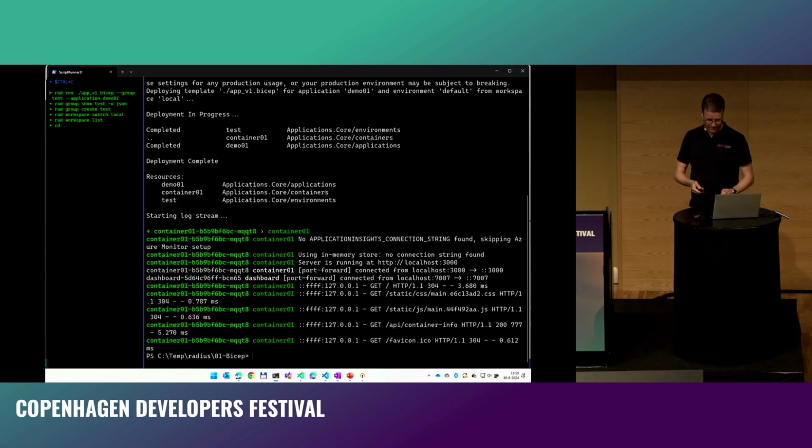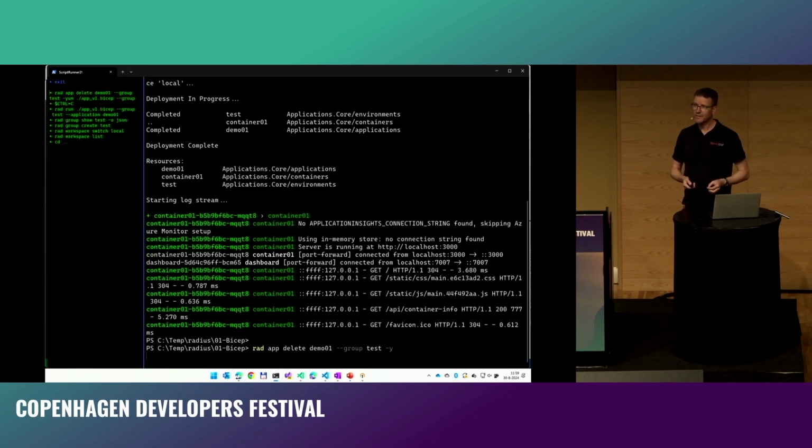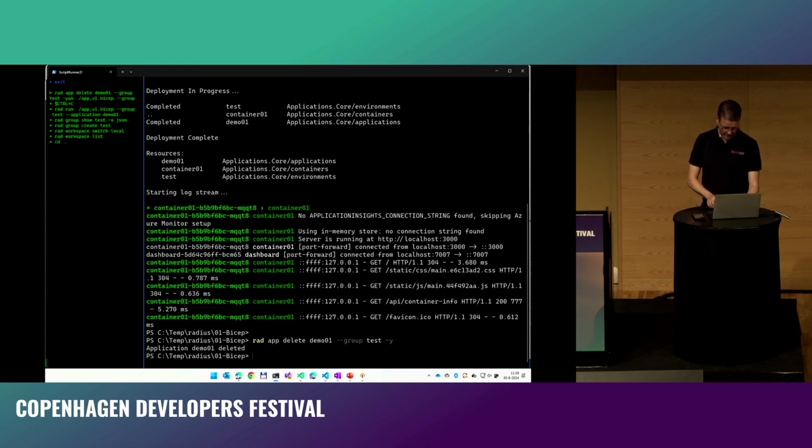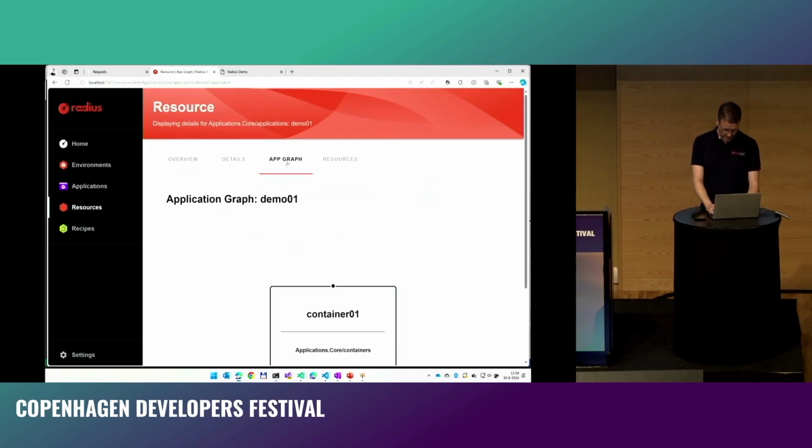All right, I will terminate my application and then delete the demo because I want to do it again later, but then slightly different. While this is running, I'll switch back to the slides here